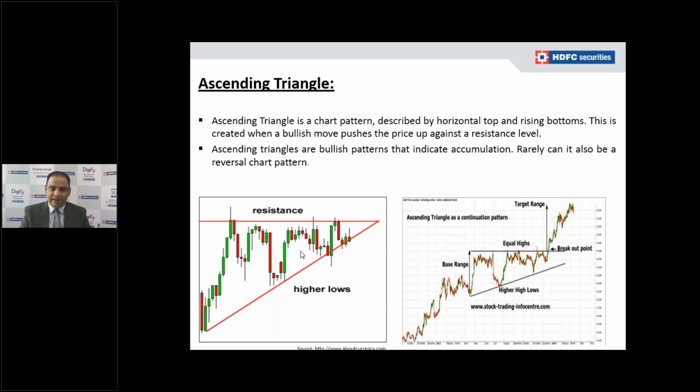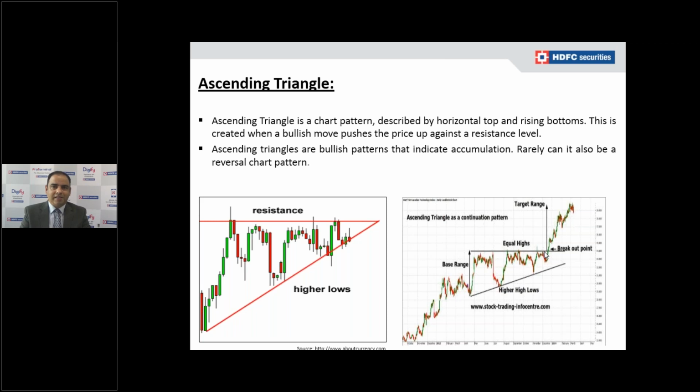You can see here in the second chart, the right side chart, the market was in an uptrend and moved in a larger ascending triangle pattern, taking resistance on many occasions. You can see it clearly. It has an equal height, and finally it broke out above the upper side of the consolidation, which is the neckline, and moved up. So now, friends, we'll see what the price potential of the target is on an upside breakout.